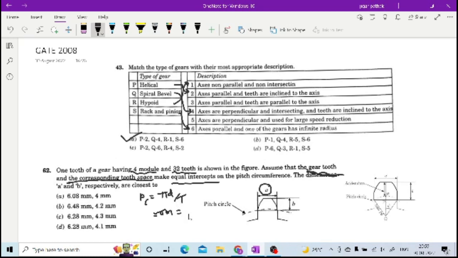So m is 4 and pi is 3.14, if you consider, then it will be around 12.56. So the circular pitch is basically a point on the tooth to the corresponding next tooth, right? Like this, the same point on the next tooth. So this is tooth thickness,